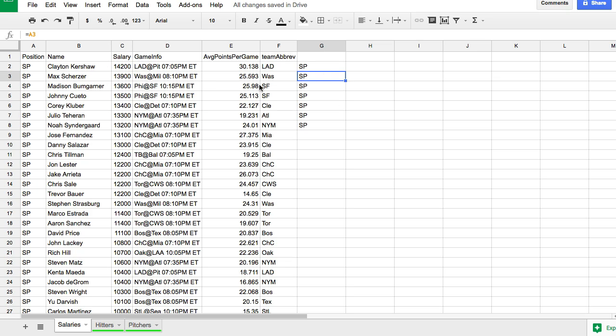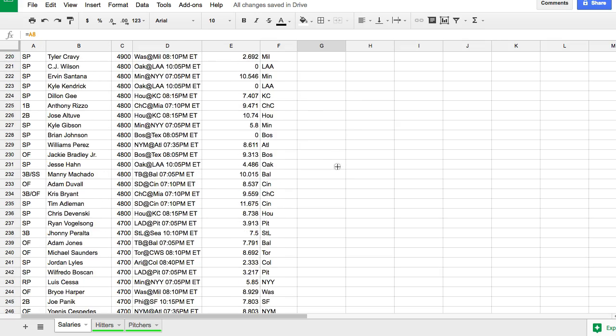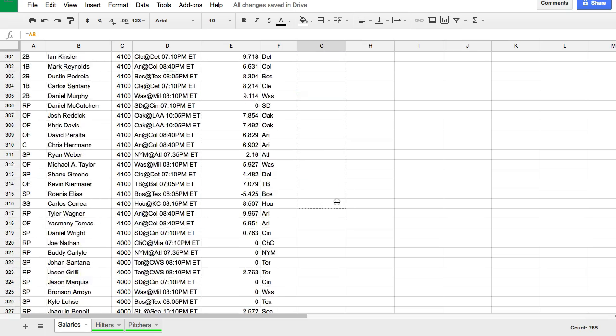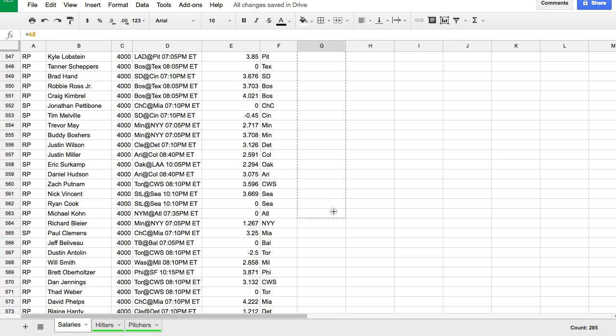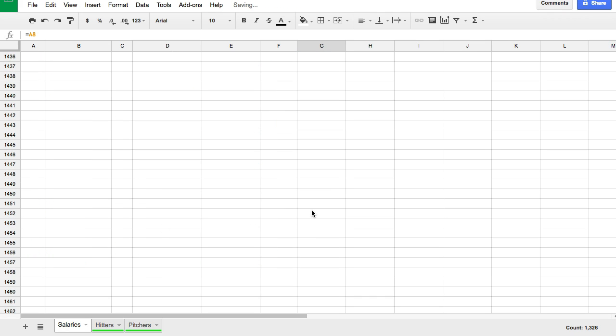So this is Max Scherzer's position, Madison Bumgarner's. You can see it's changing, and it's dragging down with you. You'll see when we get out of starting pitchers that it does this for every position. There you go. So drag all the way down. I like to drag it all the way down to the bottom of the document, and I'll actually add like 400 more rows in here and drag it all the way down to the bottom, because